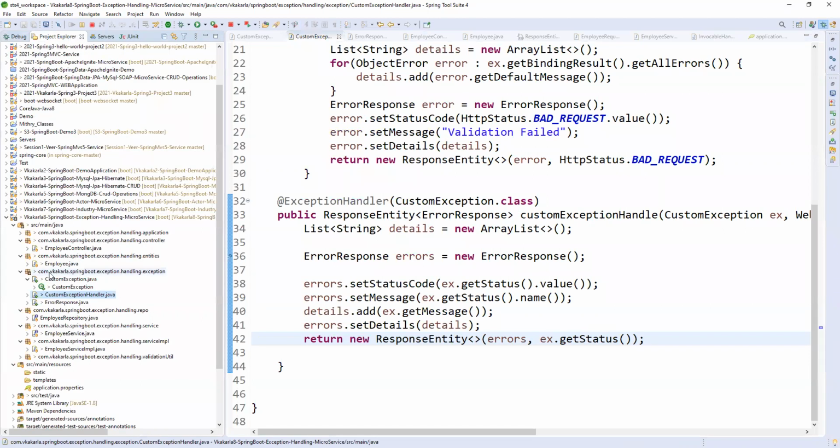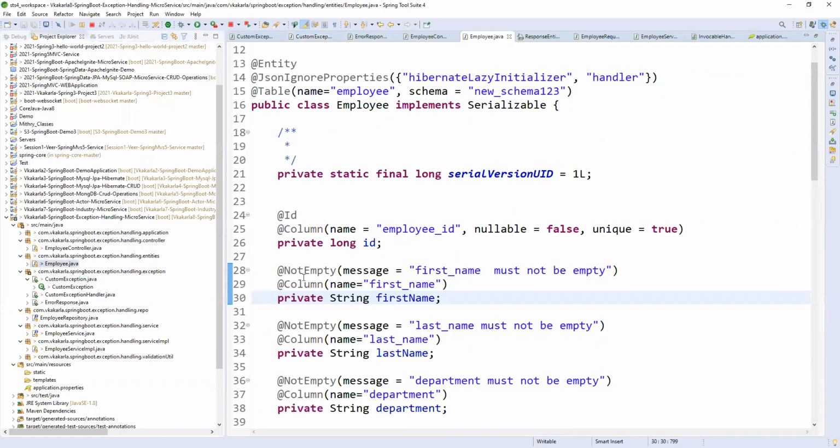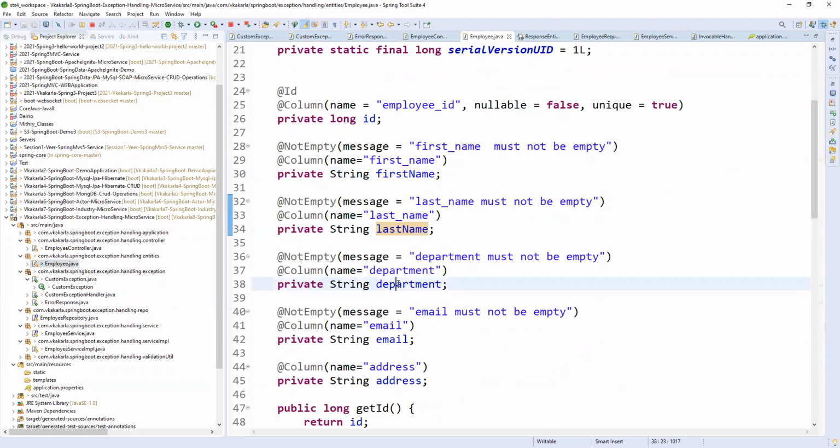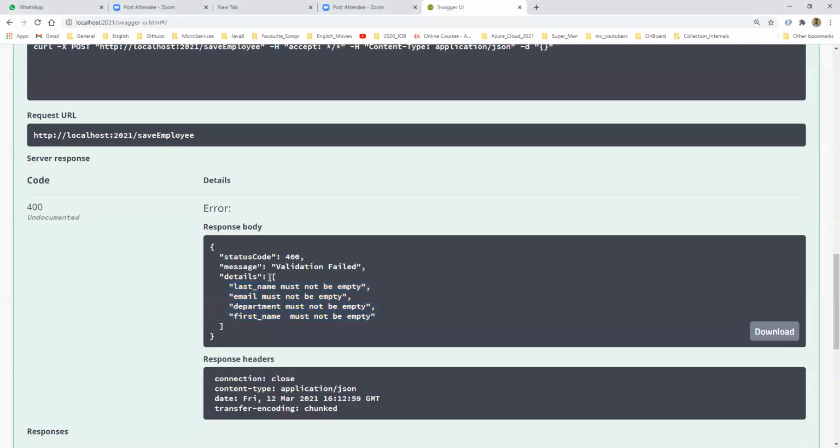If you see here, entities, employee entity, we have not empty for the first name, not empty for the last name, and the department as well as email. These four mandatory fields are coming here as part of my error details. So this is the better format of defining the exception response.